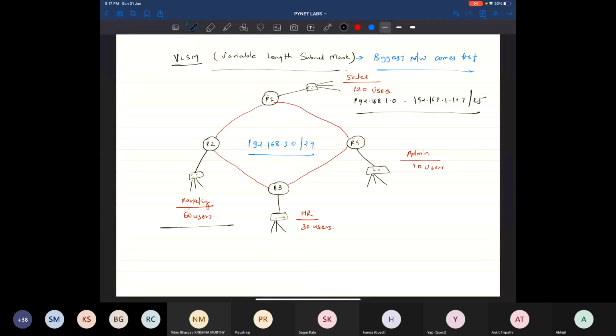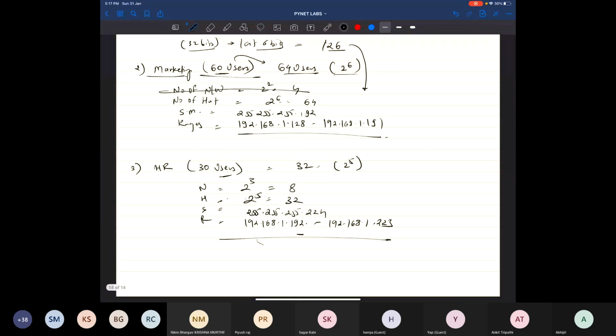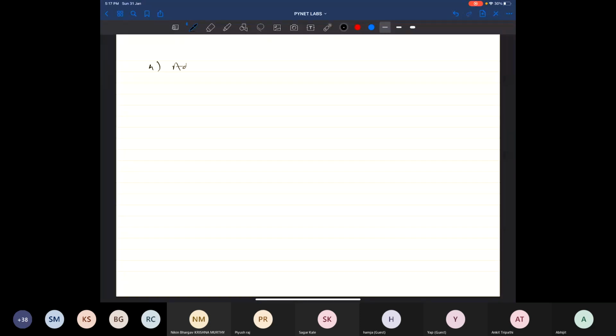That for 16, we're going to use 192.168.1.128 to 192.168.1.191/26. And then for HR, we use 192.168.1.192 to 192.168.1.223/27. And then over here, if we look at the configuration for the admin, then the admin, which is a network,